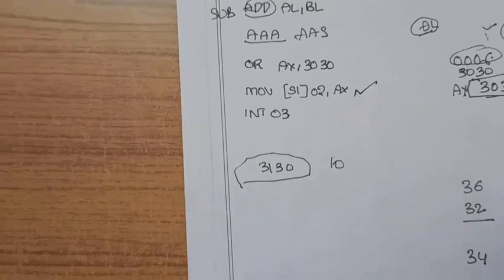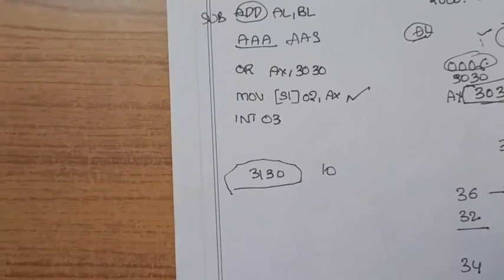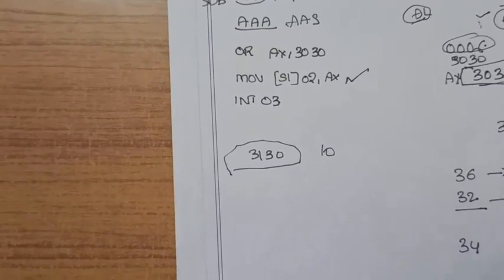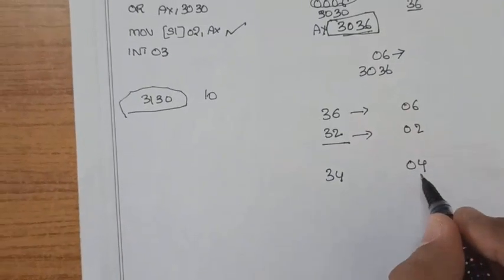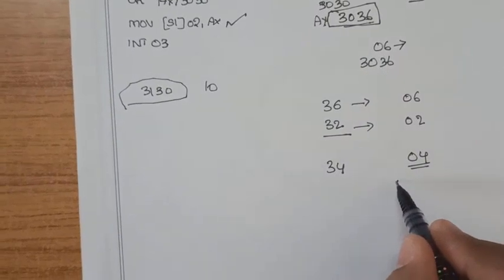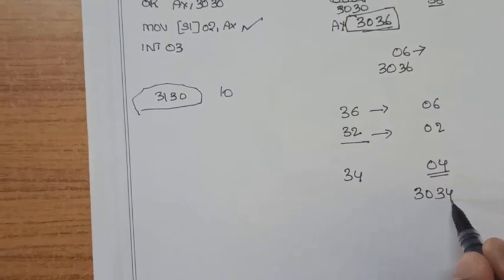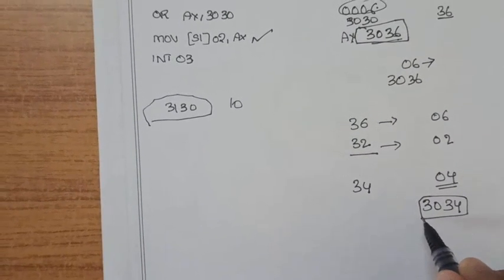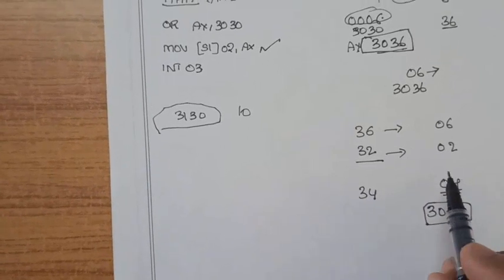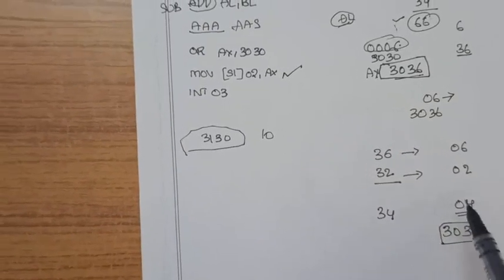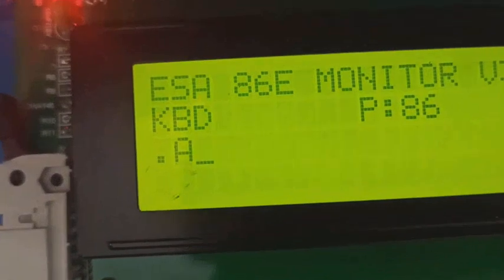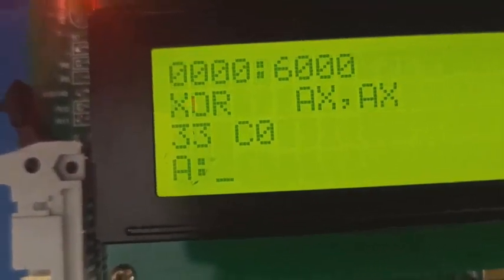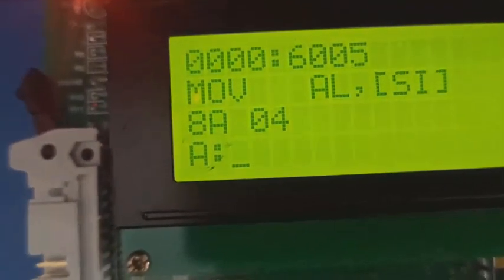If you take 36, it is nothing but 06 normally, and 32 is nothing but 02. What I should get is 04 after subtraction. So 04 should be represented in ASCII as 30 and 34. This result should be obtained once we perform the ASCII operation on the given input data. Now in the same program, let us modify those couple of instructions. So A space 6000. The rest are all the same.